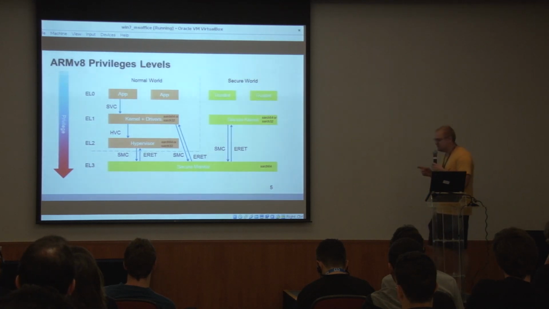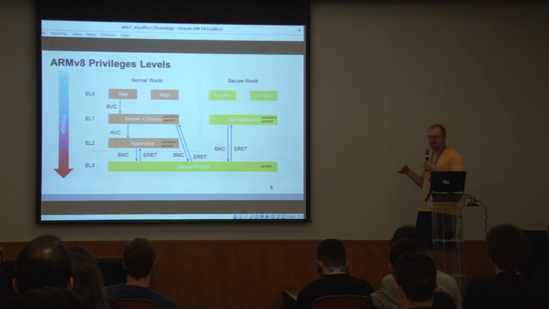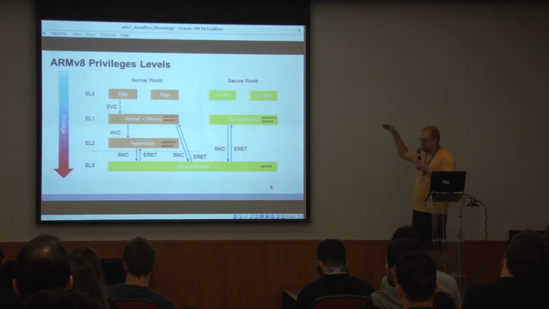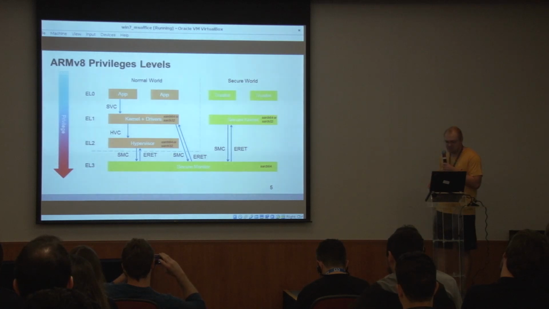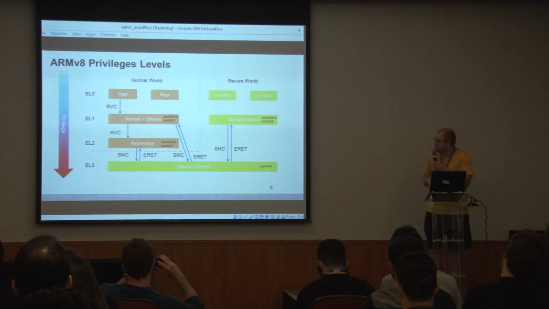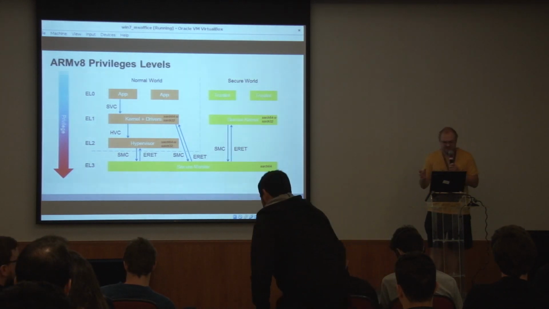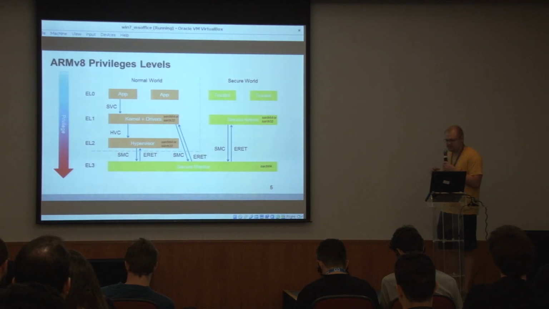But as you remember, in x86 there was SMM, which was a privilege level. In ARM there is TrustZone, and TrustZone has a bunch of privilege levels inside. So basically there is a trustlet which is running in EL0, exception level 0, inside the secure world, inside the TrustZone world. There is the secure kernel which is running in EL1 inside the TrustZone world, and there is the secure monitor. So in perspective of flexibility, the secure world is much more flexible and has much better capabilities